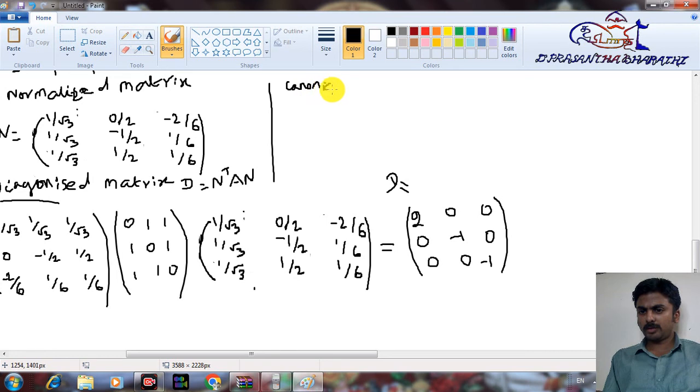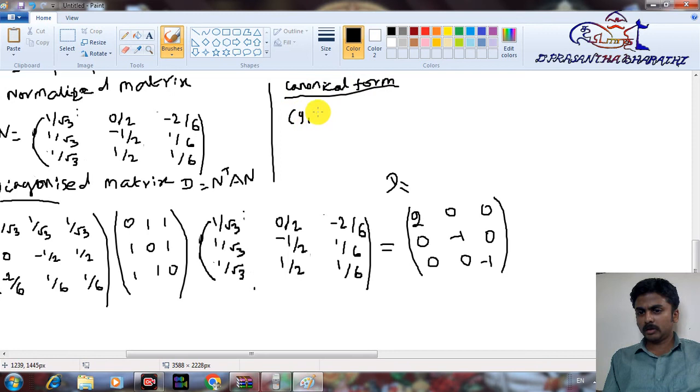Canonical form means again we are converting the diagonalized matrix into a quadratic equation. So for this we want to write